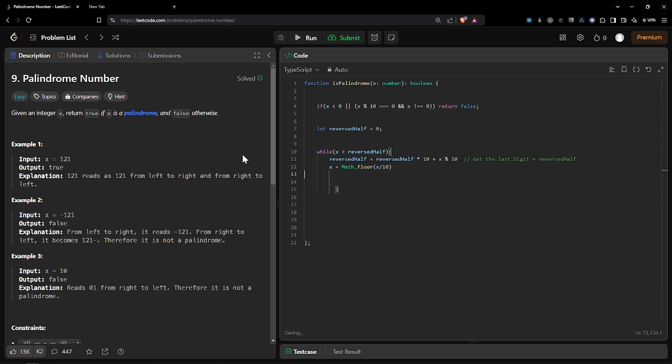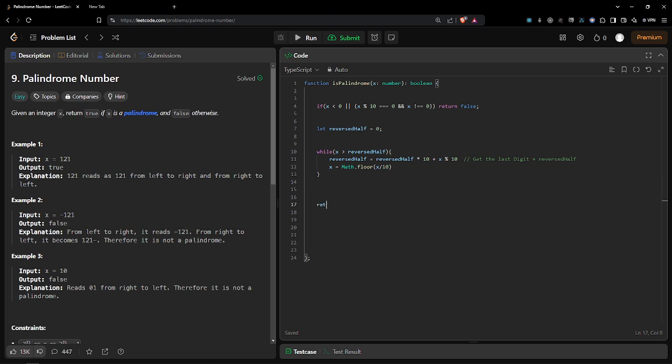For that we use math.ceil to get the ceiling number, but for our case we are going to get the floor value. By this, at the end of the day, this loop is going to run and run and run, until our number is divided into half, right? Because after that, it is going to check whether x is greater than or not. But there will be a condition that reversed half will be greater than or equal to x.